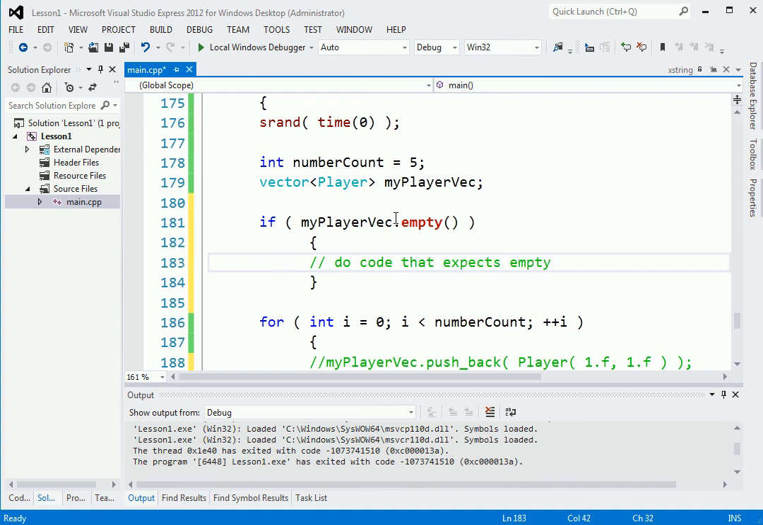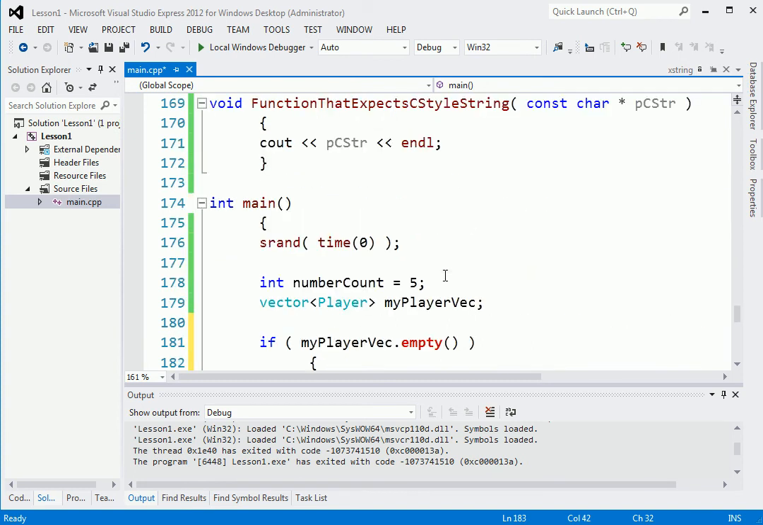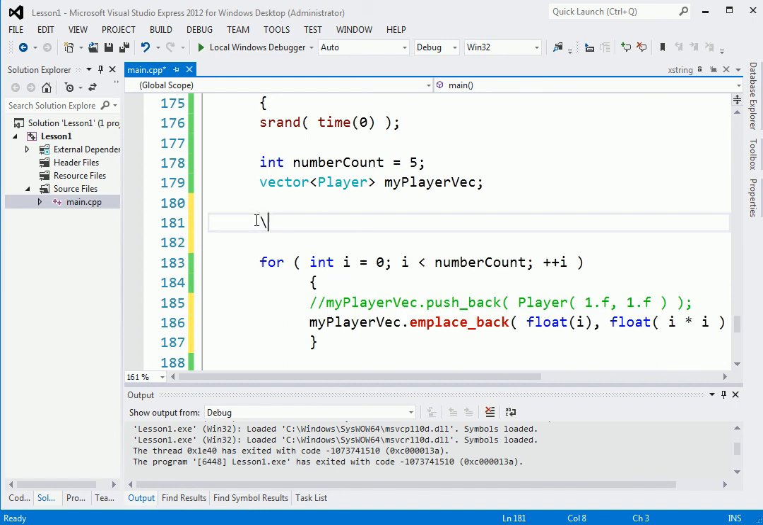And as you can tell, string and vector look a lot alike. Okay, so we've covered vector. Now we can